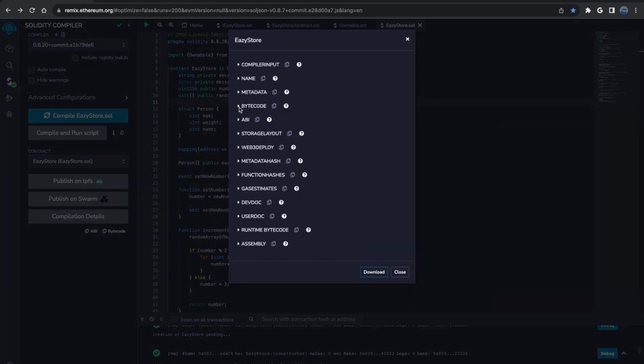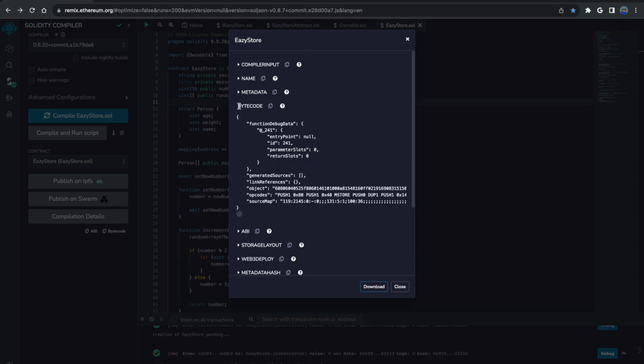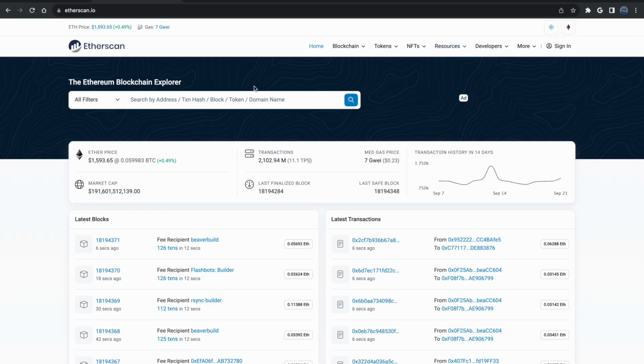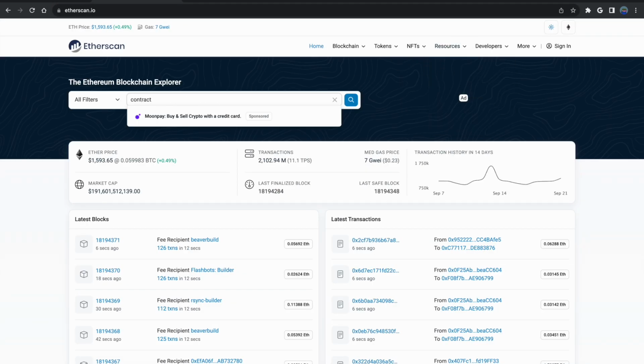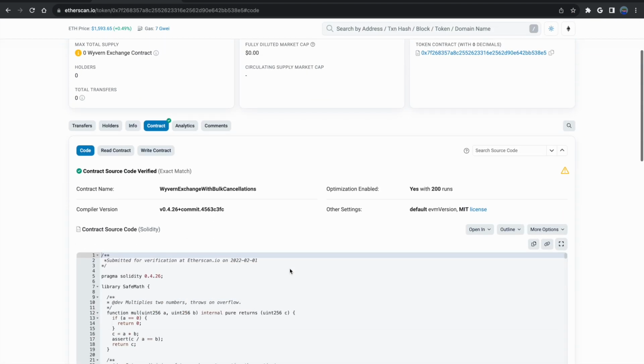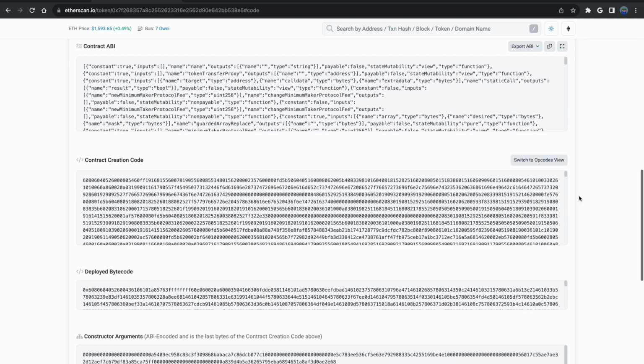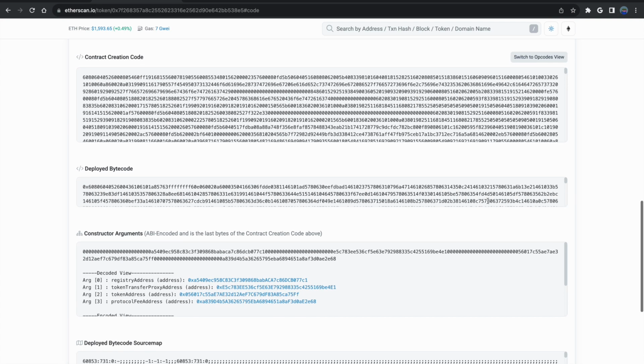So after giving that little spiel, let's talk a little bit about what this contract looks like in the EVM. We talked a little bit about opcodes, but we want to talk about bytecode. So this is what bytecode looks like on Etherscan. It may look like this. Go to this exchange contract, and there we go. We have the deployed bytecode.